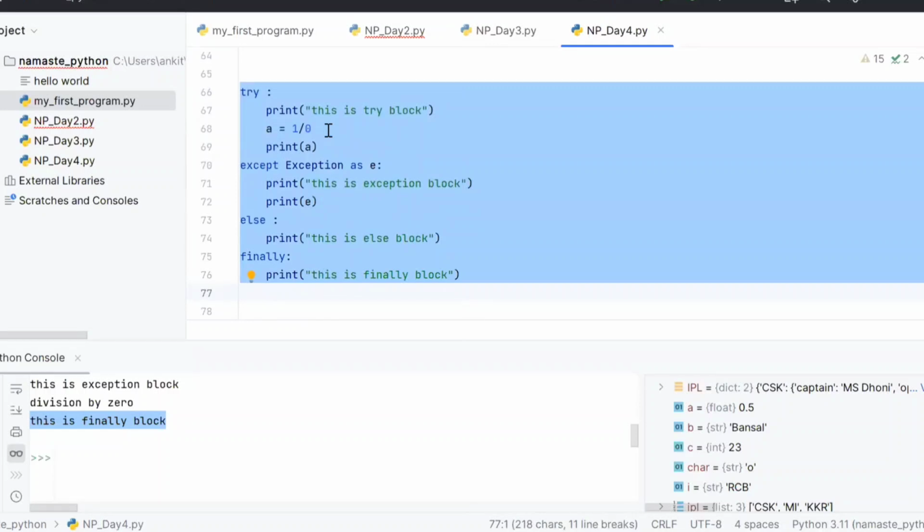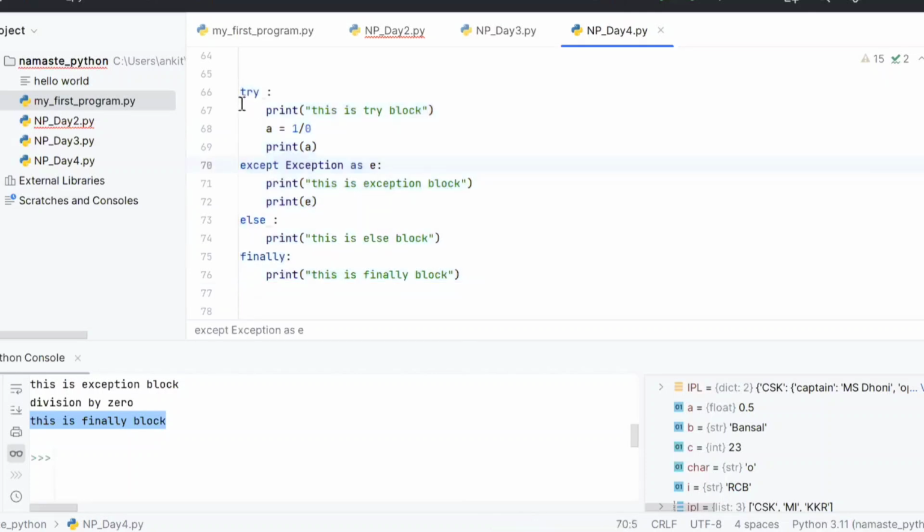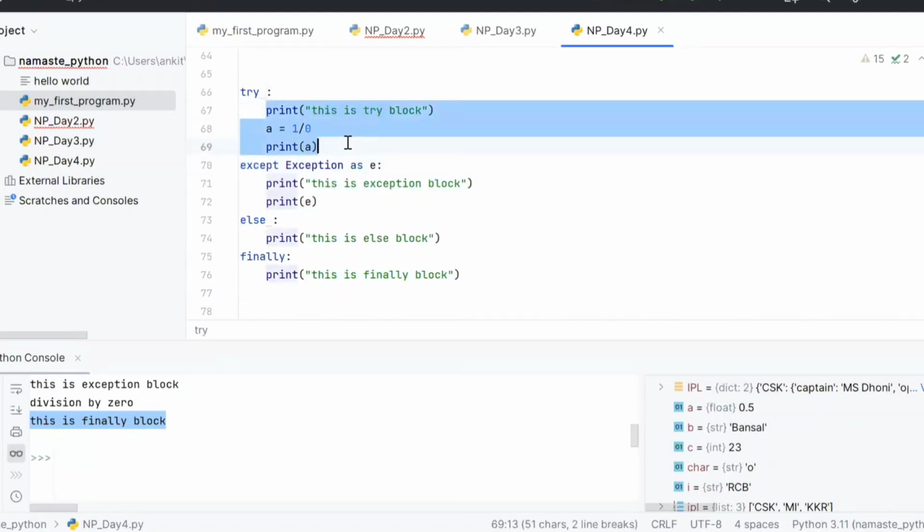Can we have multiple try and one except? Will this work? But how is it going to help you? If you have one exception, then write it in one try. What is the point of doing multiple try and one exception? You can write everything in one try only.